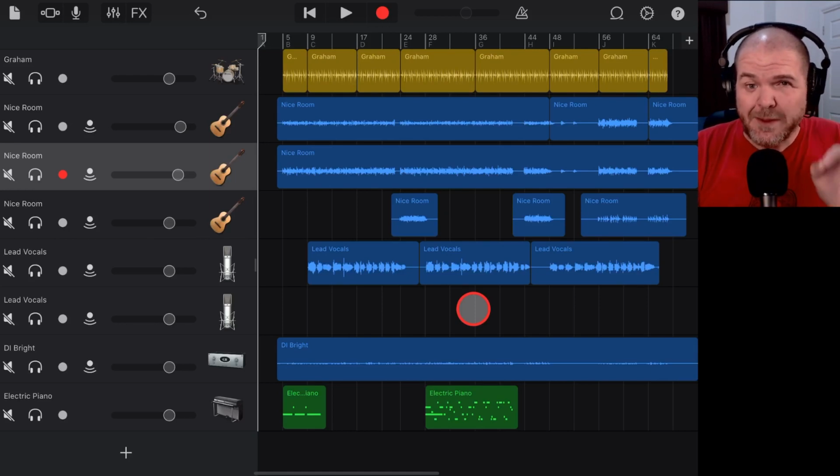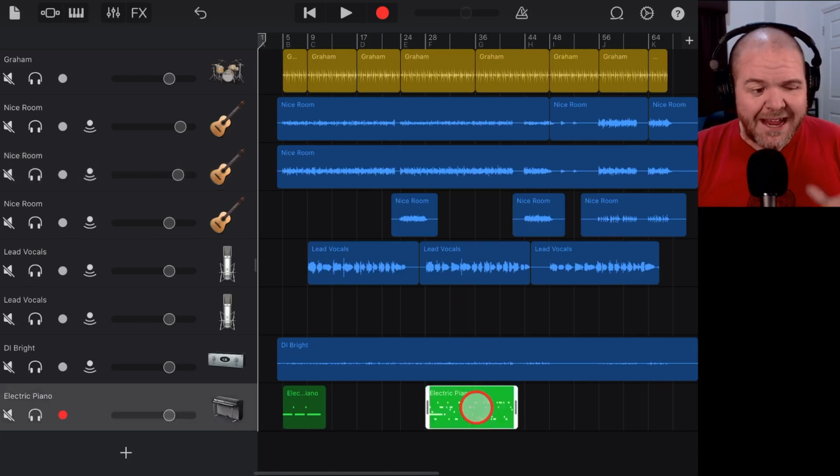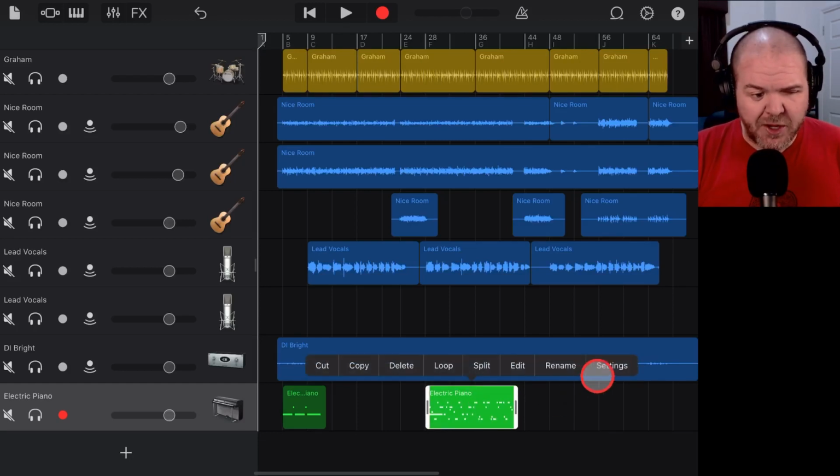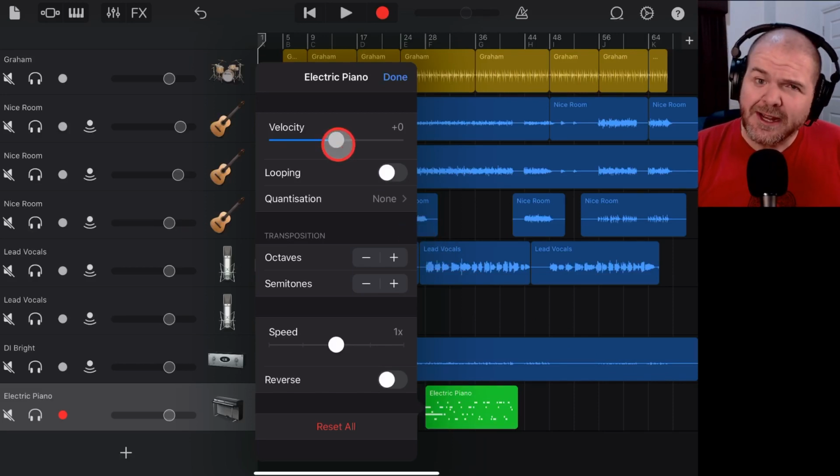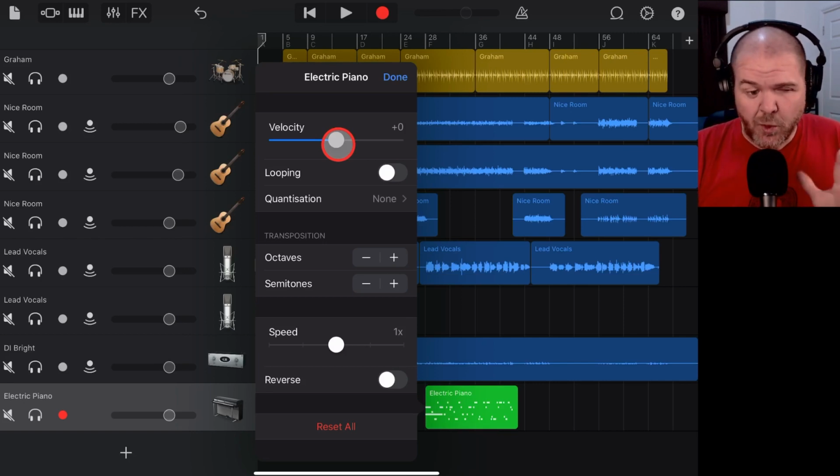Well, they work a little bit different, and the way they work is with velocity. So if we tap on, say, this electric piano, tap again and go to settings, this time instead of gain, we have velocity. Now, velocity and gain or volume are slightly different. I've got another video explaining the difference, which I'll link down in the description if you want to learn more, but it's